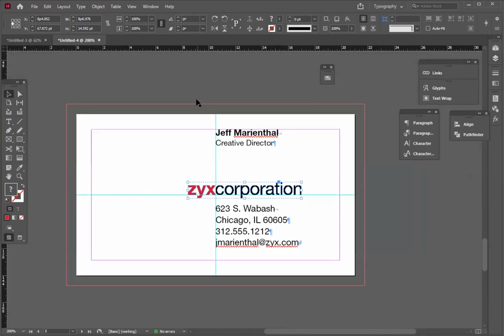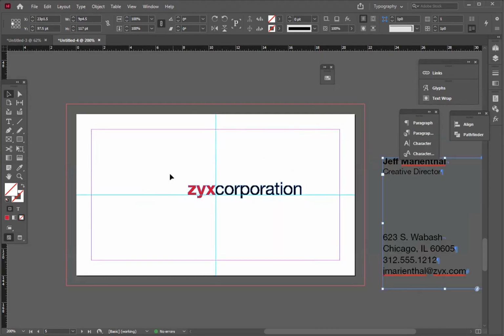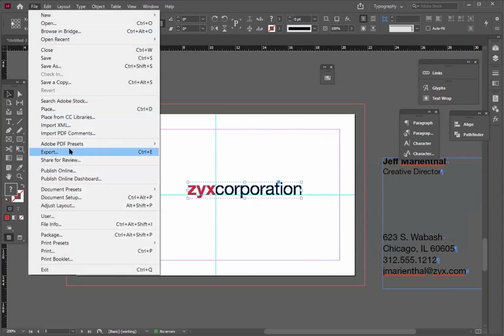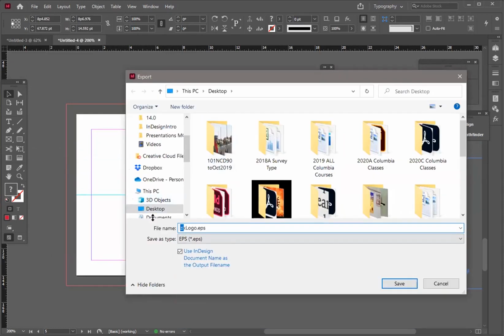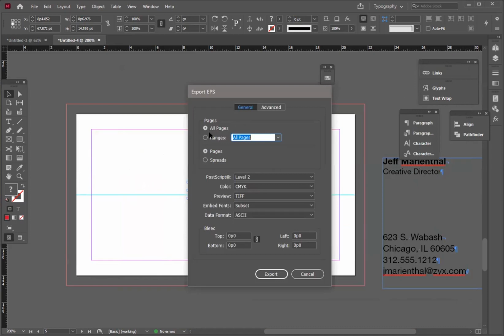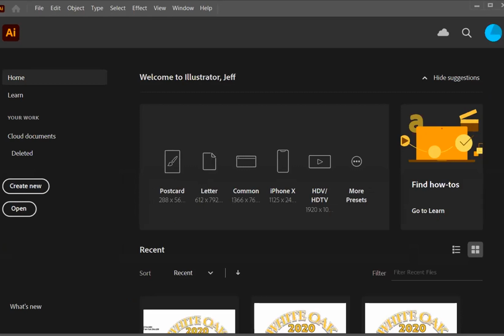Now, to make this into a usable EPS, this is going to be important. It's a good idea at this point to move the nomenclature block out of the way, and then File, Export, or Command or Control E, as an EPS. I'll call it ZYX logo and save it as an EPS file. And I want only this page, which is page 5. I don't want to export the whole thing. I'm going to open that in Illustrator, and it